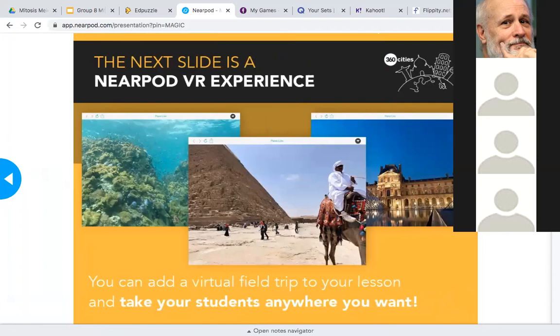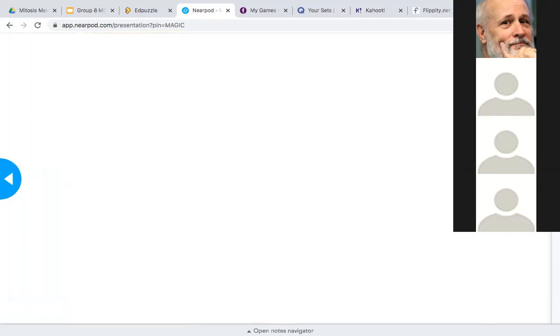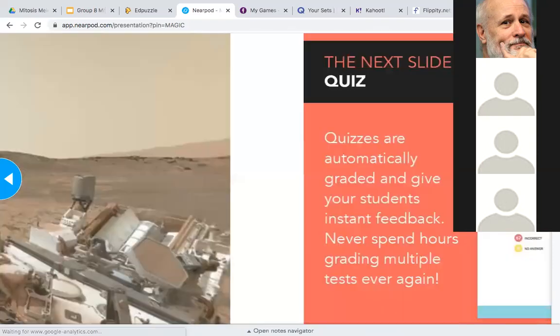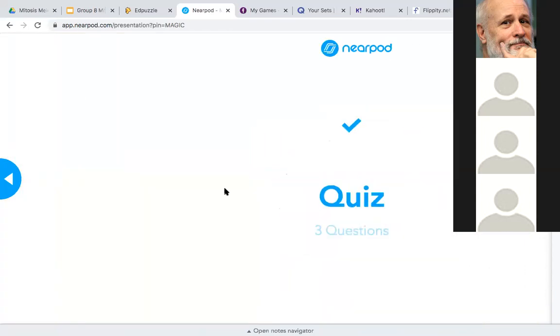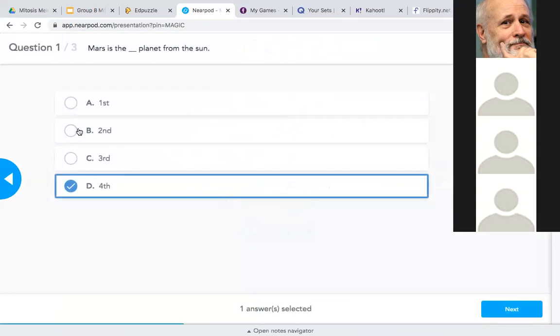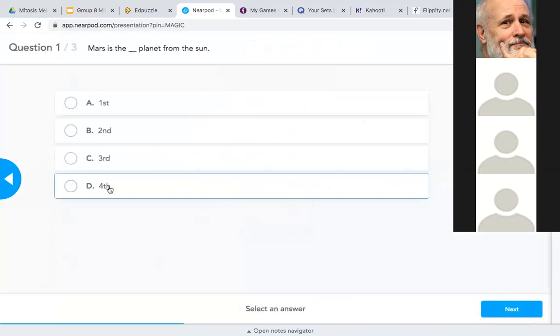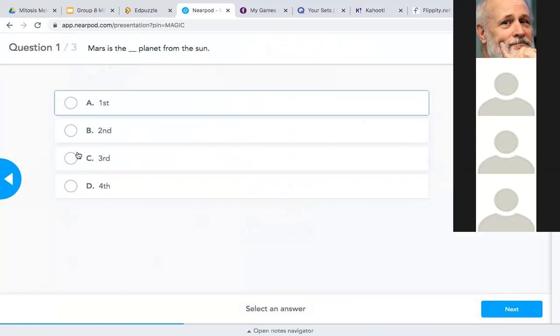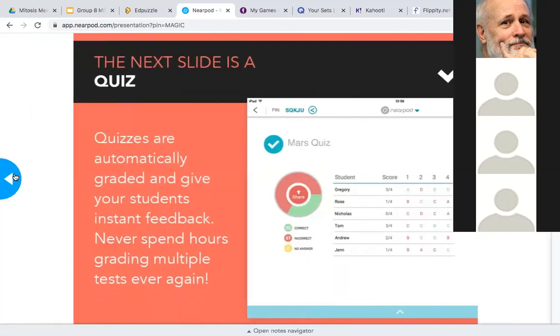I don't see how any of them apply to 1308, but this particular one, you can take a field trip to the surface of Mars, which is just fun if you wanted to do that. And these quizzes. This is how I make my lectures interactive. So I put these quiz questions in, and this is what it looks like to the student. It's a question. Here are some multiple choice answers, but this is what it looks like to me.